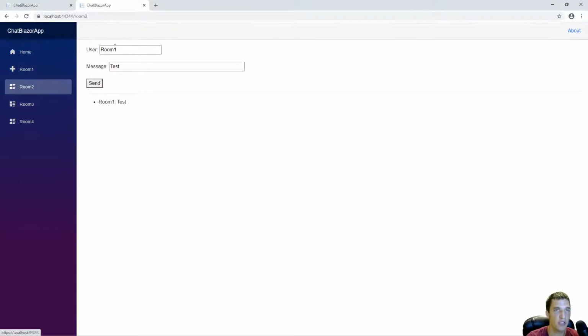Oh, and you notice here actually, it still looks like room 1. And that's actually by design. If we refresh, it'll be new. And then we won't be able to talk to each other. But because